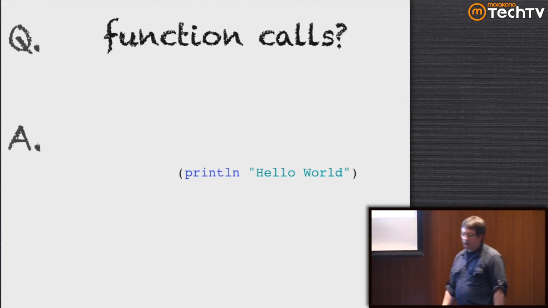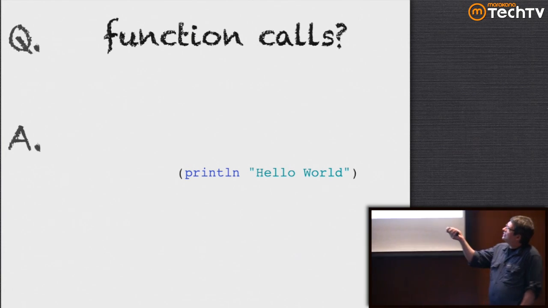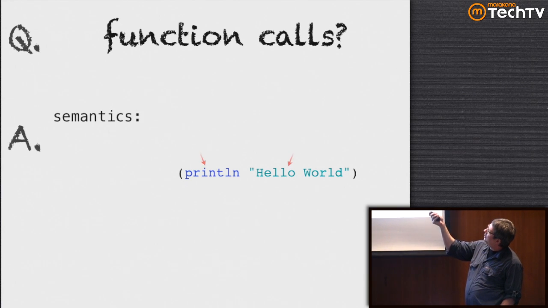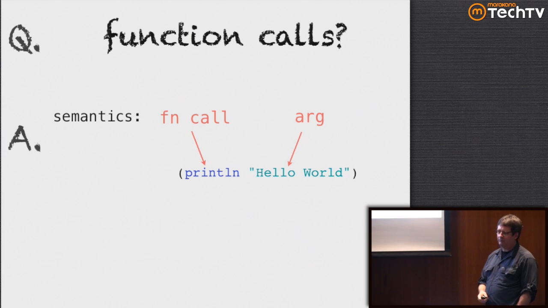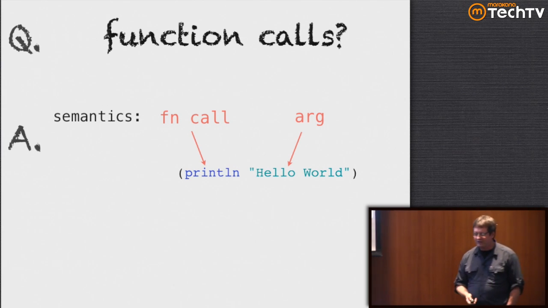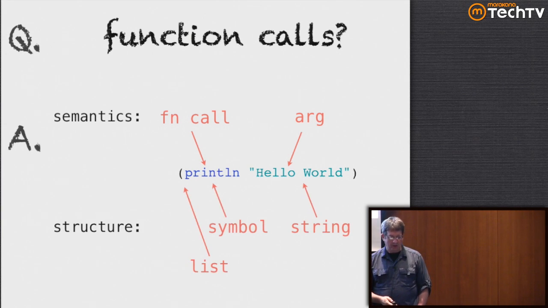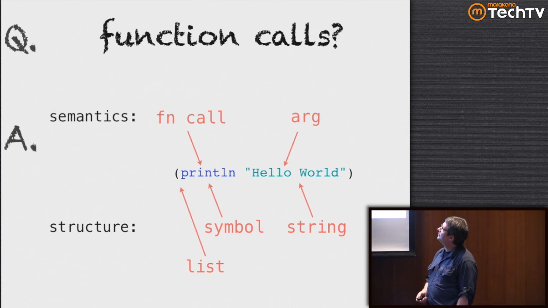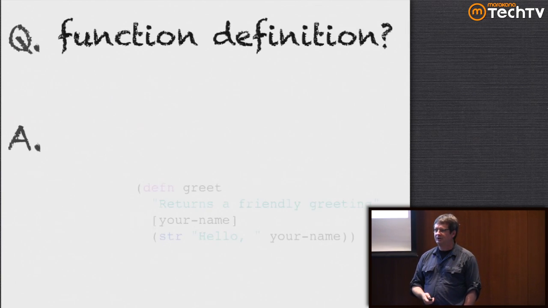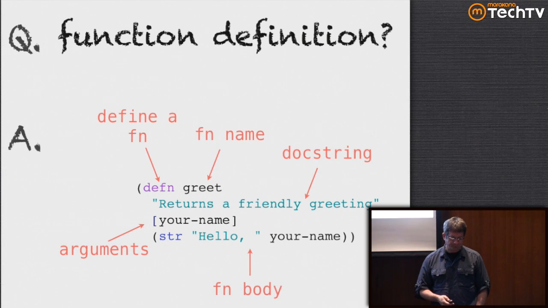So let's talk about function calls. Here's what a function call looks like in the Clojure world. All you're really doing here is taking the paren, which you'd normally put right here in front of hello, and just scooting it out to be in front of the opening paren. And so that's a function call, and its argument is a single string, hello world. But you'll also notice that this function call is a legal Clojure data structure, because it's just a list. It's a list that has two elements in it. It's a list that has two symbols in it. This is part of that homoiconicity that I was talking about before.